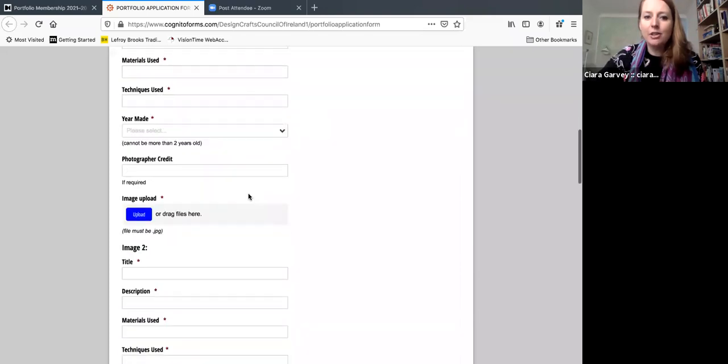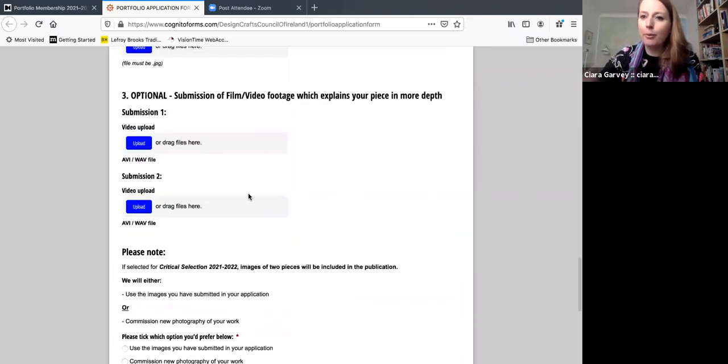As well as your images, we're giving this option here because we've noticed that more and more people are doing it, but you don't have to. But it's a good idea. Some people have found that even using their own phones and making a 360 short video can give a really good idea and explain their work in more depth than a picture can do. Again, it's not absolutely necessary, and in a lot of cases the images are going to be perfectly fine, but if you want to, you are welcome to supply